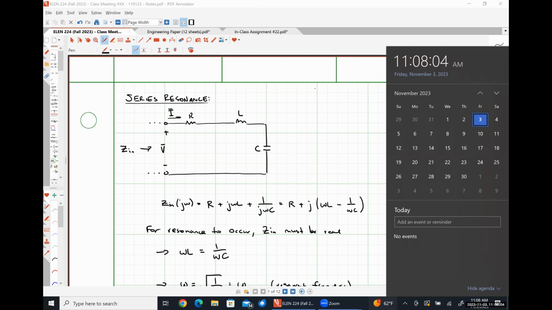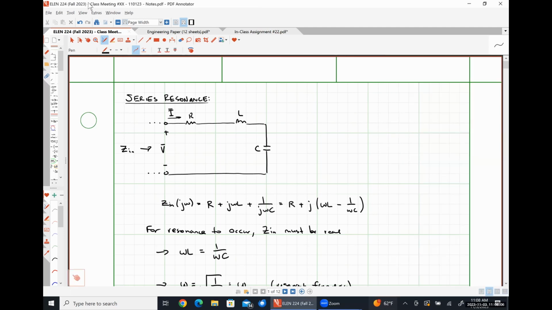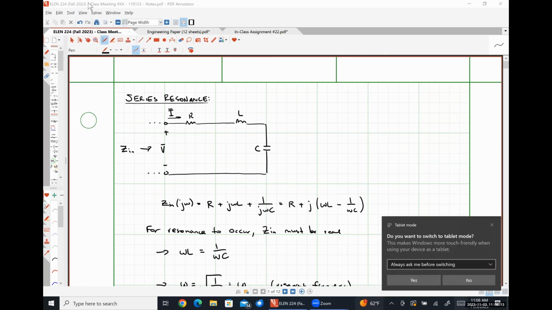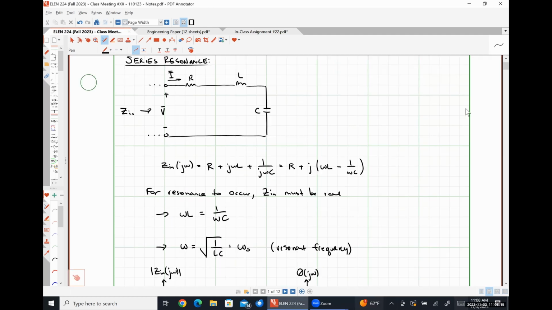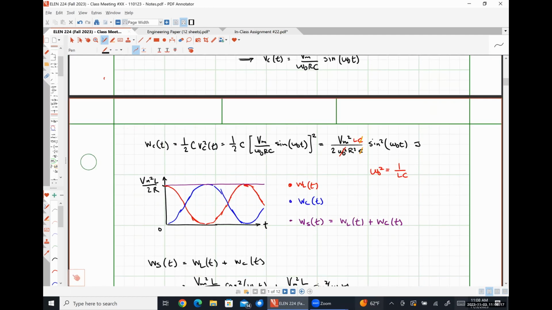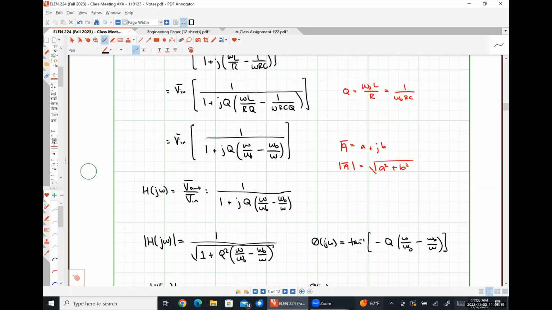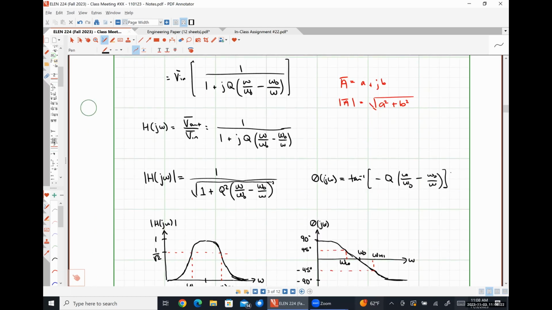So let me get this out of the way. I need to double check something here really quickly because I think I might have accidentally included a square term that wasn't supposed to be there. So let me just check. Nope, I only had it in my notes. I didn't have it here. In my notes, I accidentally had that this term was squared, but it should not have been squared. So I must have either not been paying attention or realized I made the mistake.